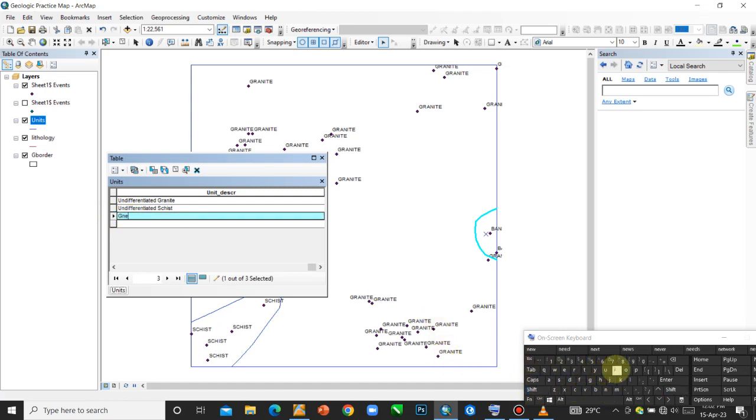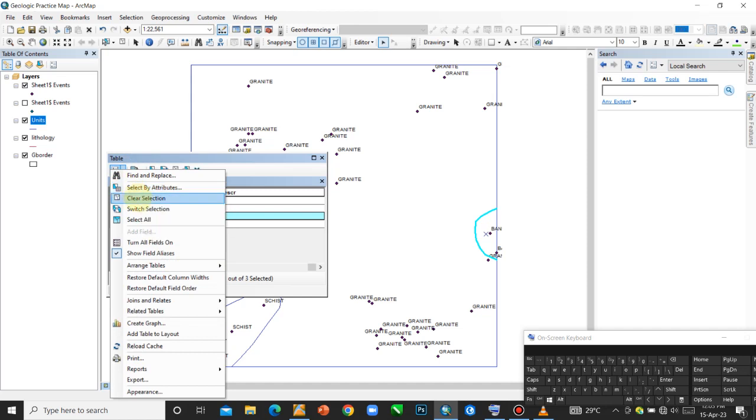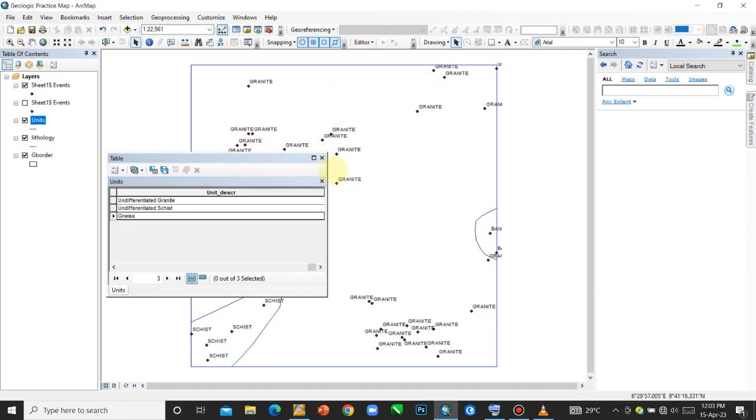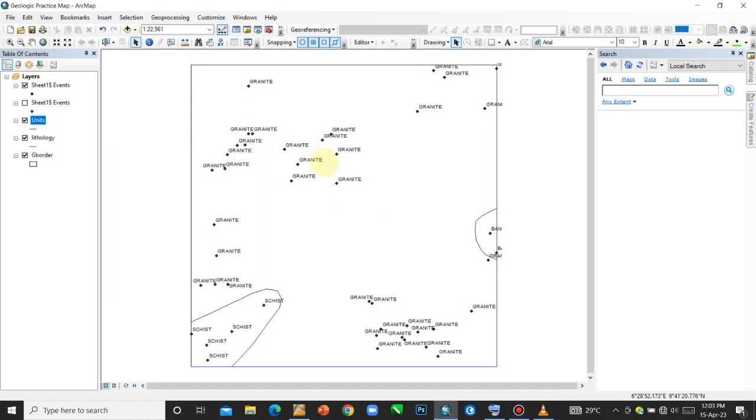It's nice. And so once you've done that, just clear selection, and then click save edit, and then stop edit. So you can close your attribute table. With that, the next step now is we're going to edit our lithology. We're going to put our borders. In fact, borders are what you identify